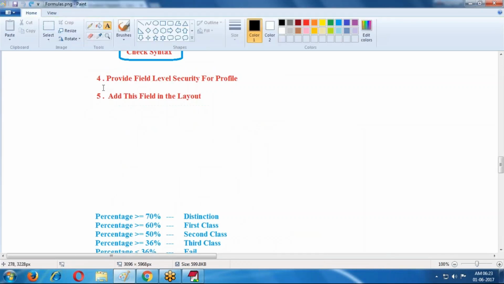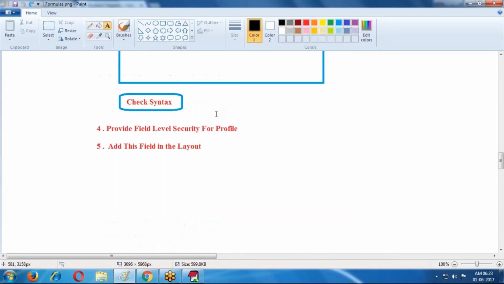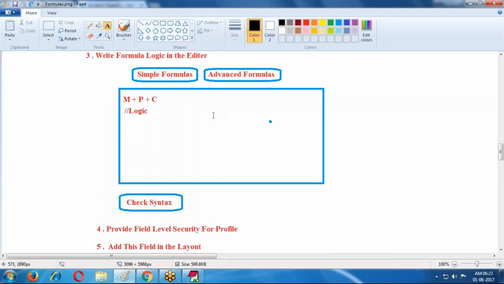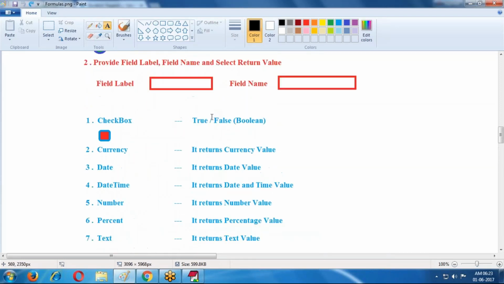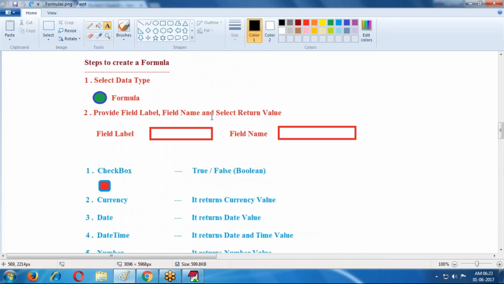Then the final one is adding this field on the page layout. These are the four options provided. But whenever we are creating a formula, it is a 5 steps process.